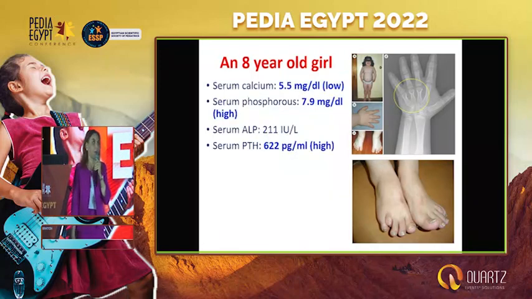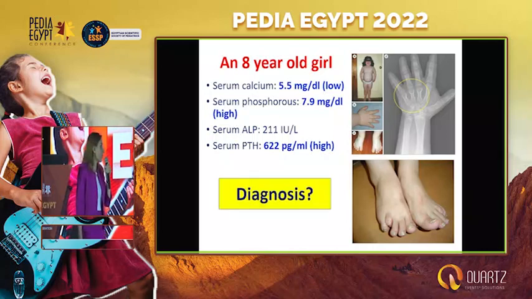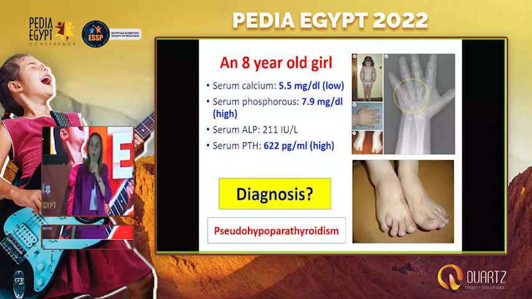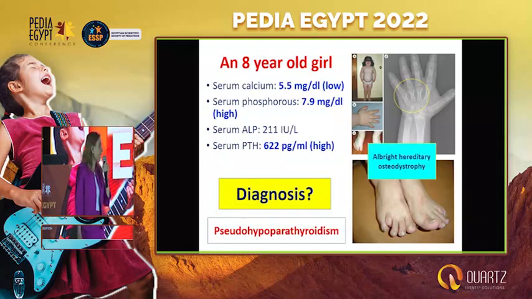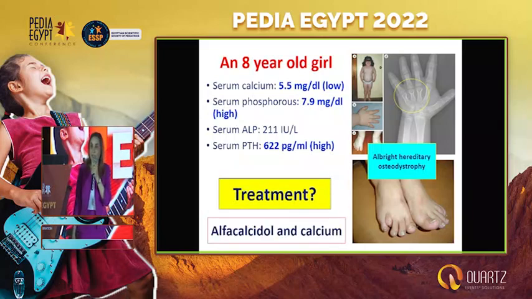We did the serum calcium. It was very low. The phosphorus is very high, and the parathyroid hormone is very high. So this is the diagnosis of pseudo-hypoparathyroidism, and this is the syndrome of Albright hereditary osteodystrophy. And here the treatment is alpha-calcidol and calcium, while growth hormone is not yet approved in those children, but it's